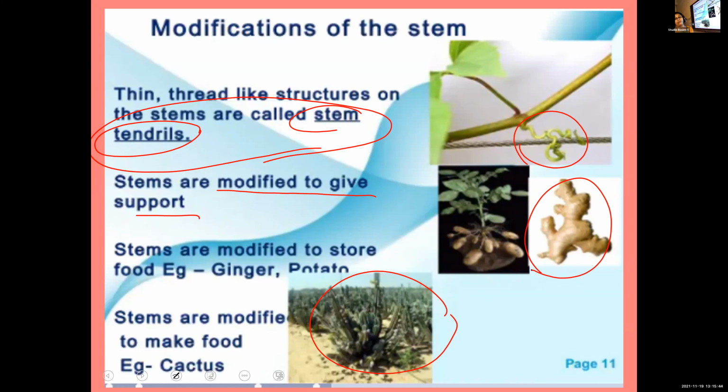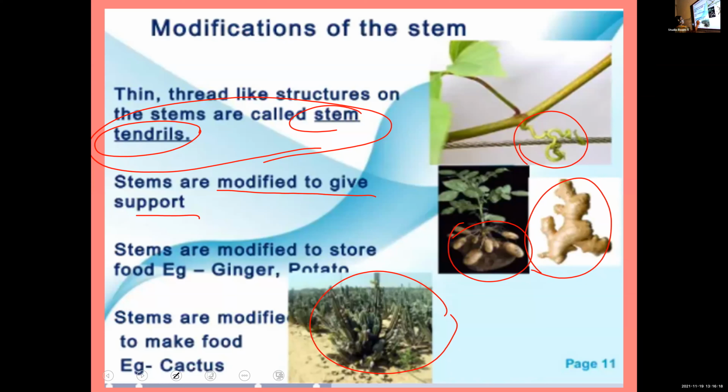Sugarcane is also a stem. We get food from the stem. Ginger is a stem, and we use that ginger as a spice and for medicines. Even turmeric is a modification of the stem. And you can also see the groundnuts, the second picture we are showing. Groundnuts actually grow from the stems. So these are all modifications.